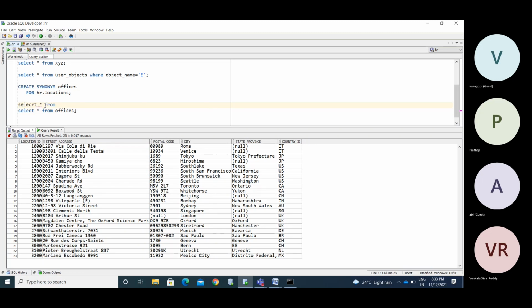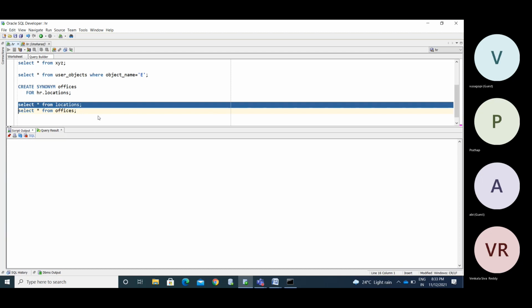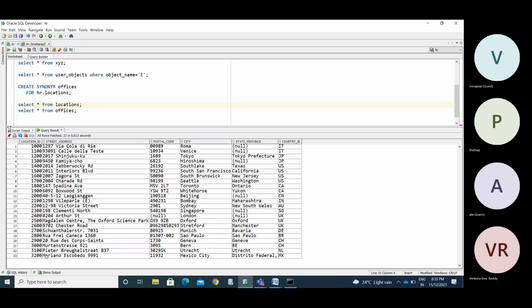Selecting from this, 23 records. So locations is the original table name, and this is the alias name. I have created a synonym for this. Now I need to create the synonym in the system user.